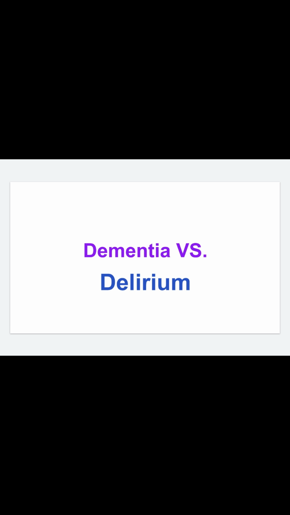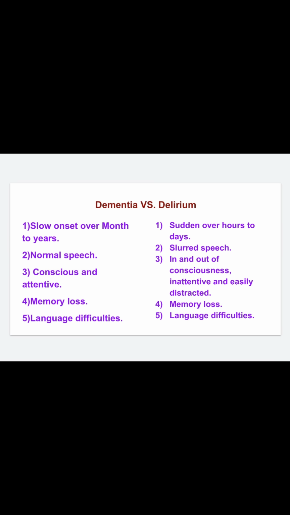Let's discuss dementia versus delirium. A dementia patient has a slow onset over months to years, and a delirium patient has a sudden onset over hours to days. A dementia patient has normal speech, and a delirium patient has slurred speech. A dementia patient is conscious and attentive, and a delirium patient is in and out of consciousness, and inattentive